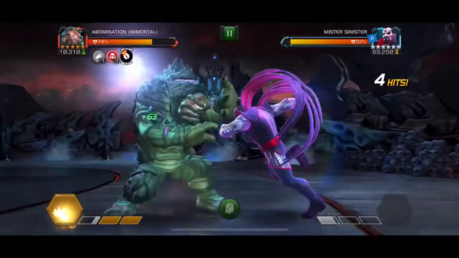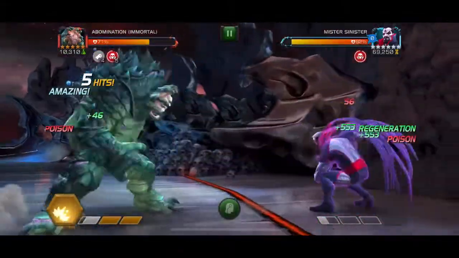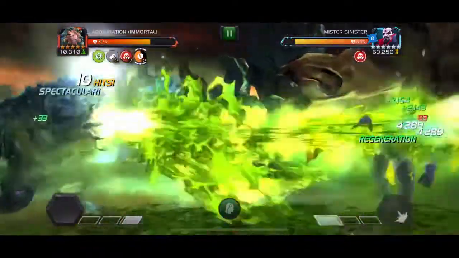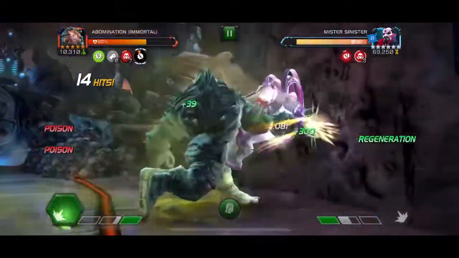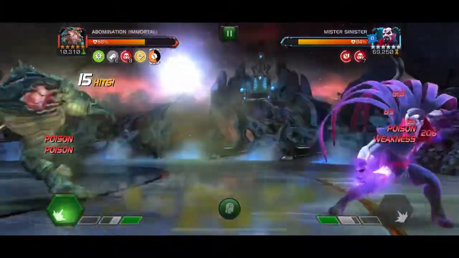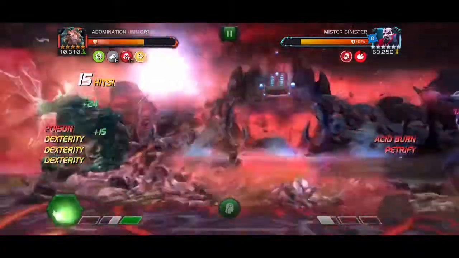But when I tested out Immortal Abomination, I realized how amazing this champion is versus the clapback node. And especially even if there's healing, it can shut it down because you have multiple buffs on at a time, multiple poison buffs, which decreases healing. Plus, you can get a pacify debuff on the opponent, which all combined is a very effective way to deal